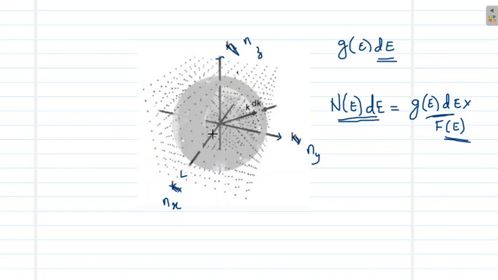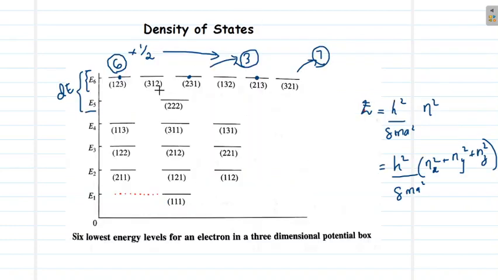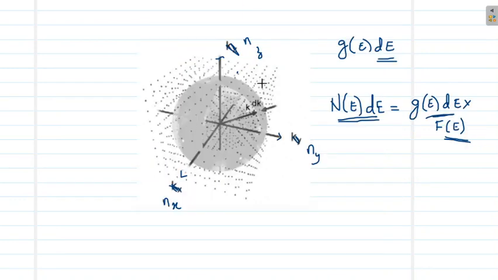Now you are plotting all the combinations of Nx, Ny and Nz here. Suppose the first point is Nx equal to 1, Ny equal to 1, Nz equal to 1. Similarly, for all the combinations of these energy levels, you are plotting a point. This is Nx, Ny and Nz equal to 1. Then Nx equal to 2, Ny equal to 1, Nz equal to 1 and so on. So this distribution of points actually represents each of the combinations of Nx, Ny and Nz. All the possible integers are plotted here.